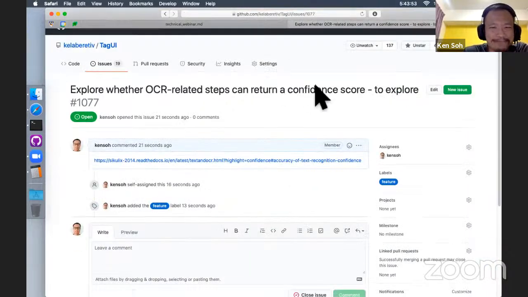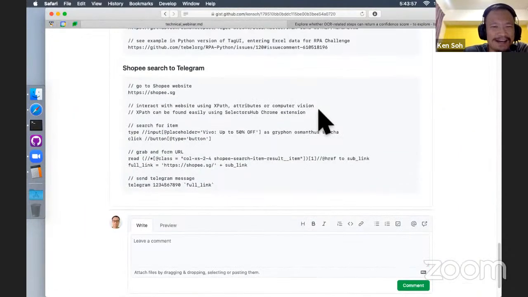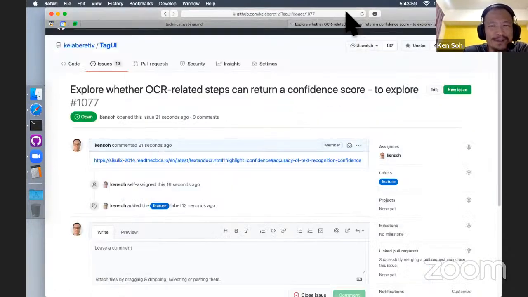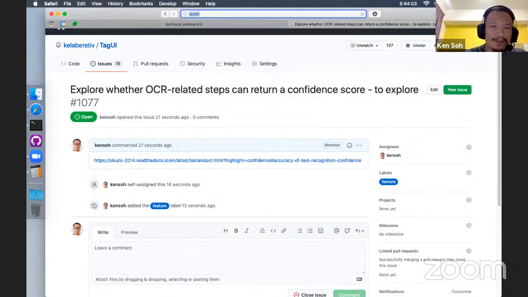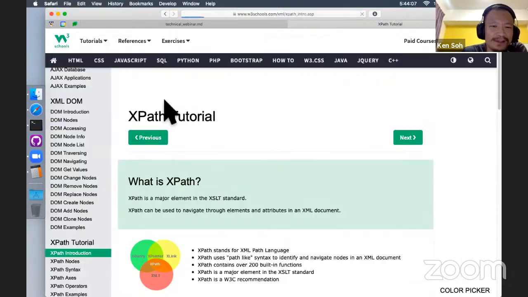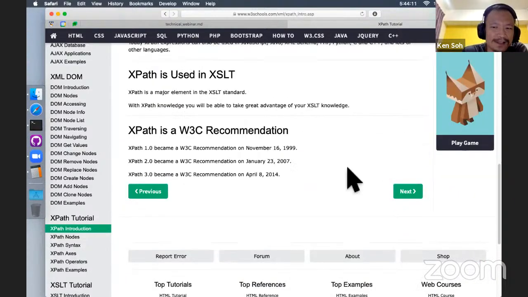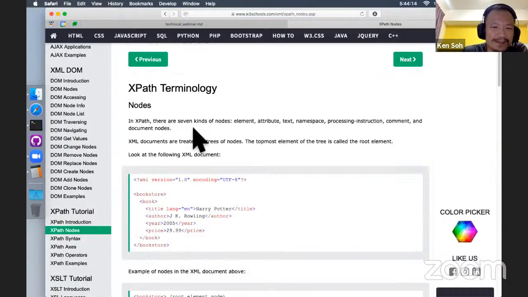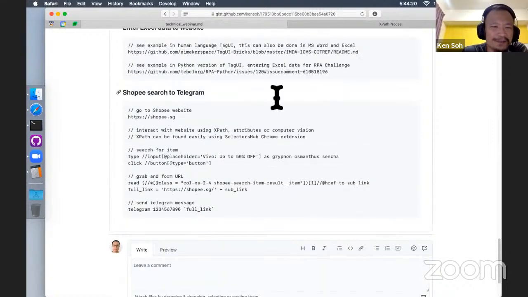Okay. If there are no questions, then maybe I cover a little bit on XPath. If you Google XPath, the first result, XPath tutorial W3Schools, is very easily accessible. It'll teach you about XPath and the details about XPath. And why I want to spend some time to talk about XPath is